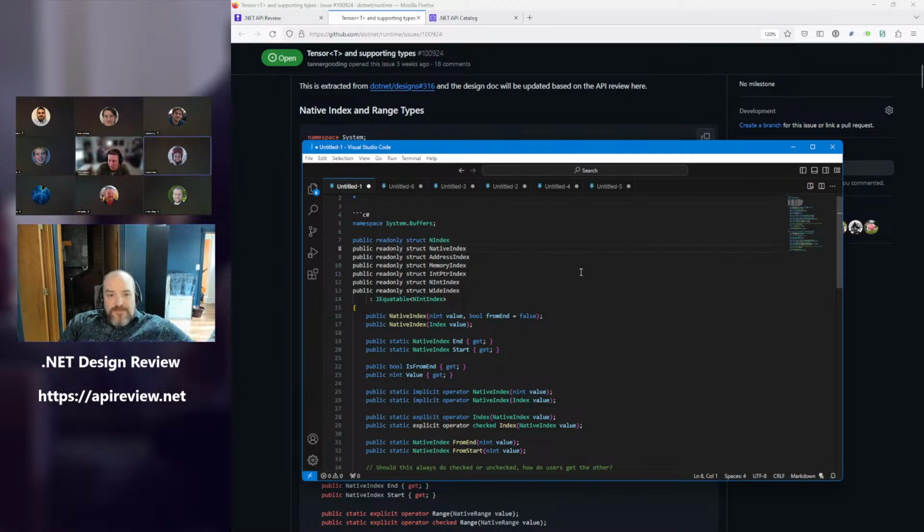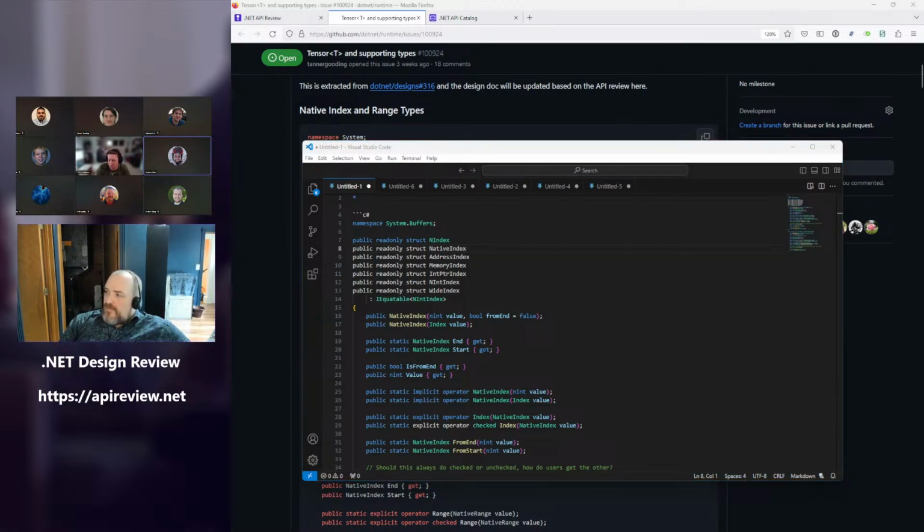Yeah, I don't have the visceral distaste for native index that Steven does either, but I like NIndex more than the rest that I've seen so far. NIndex is then also consistent with the name NFloat, and if we had the hindsight of 20 years, it's probably what we would have called nint. Just because of the hindsight around the confusion of IntPtr, even if it does come from the C term intptr.